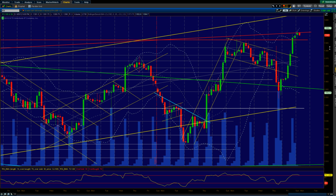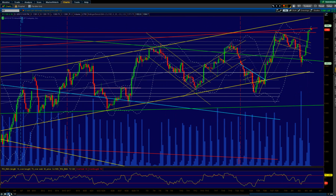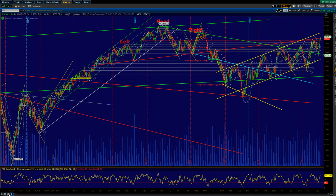Eastern. Looking at the minis here Sunday night, and you see Friday these big moves, big candles on the jobs reports, kind of caught the bears off guard again, and definitely was some bullish action, that's for sure. We did come up and hit these two red lines here, which if we pan out again,